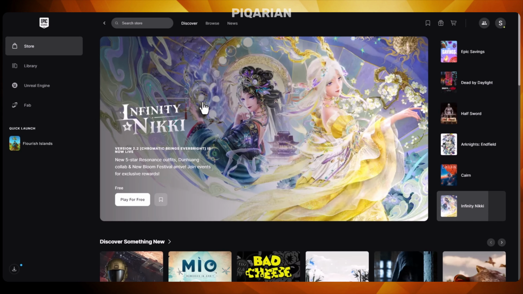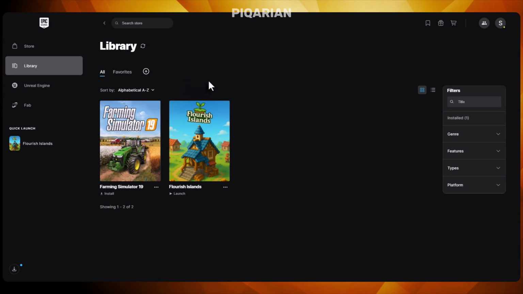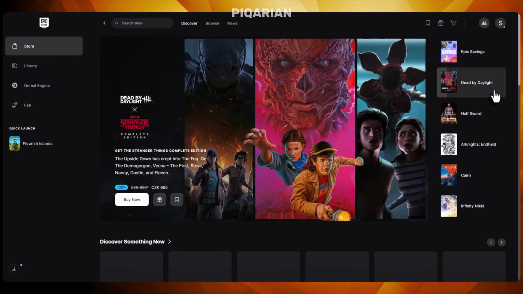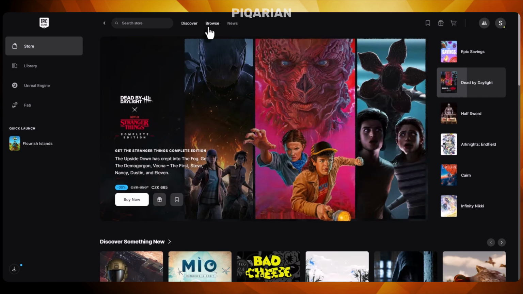Are you struggling with the Epic Games Launcher not opening or constantly crashing on your PC? You aren't alone. Whether you're facing a black screen, getting stuck on the loading screen, or the Epic Games Launcher won't launch at all, these technical glitches are a total nightmare for any gamer. In this comprehensive troubleshooting guide, I've compiled my top 4 proven methods to fix the Epic Games Launcher and get